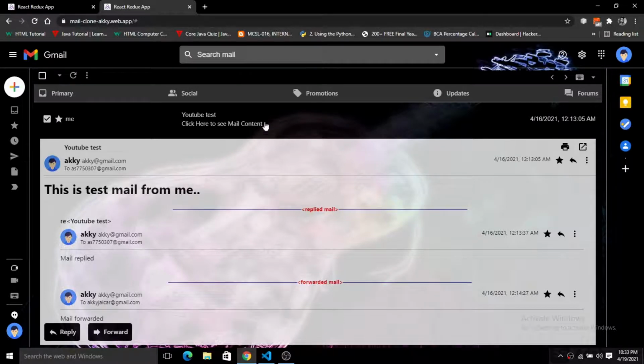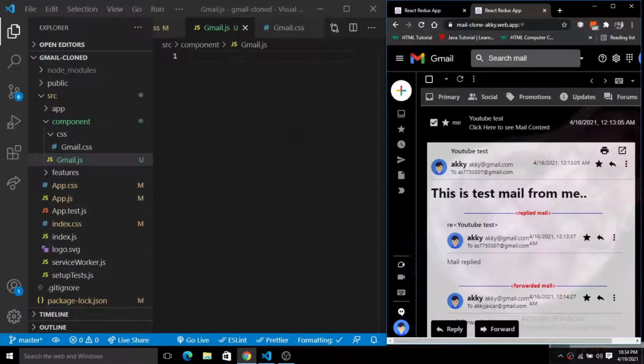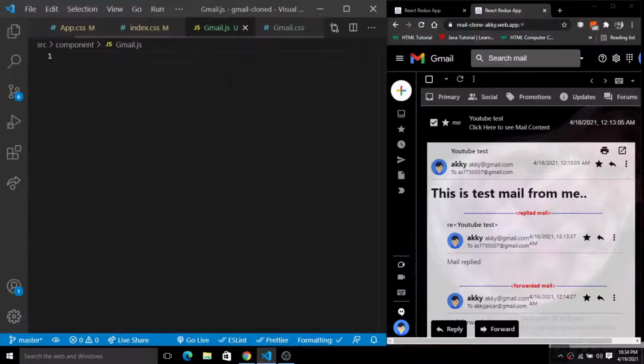So here we have these things. First of all I am going to create gmail.js, because it is the parent of everything, as you can see in the deployed version of the build. Inside of this Gmail clone app, we will first create a functional component, and for this functional component we will cover the React hooks, like useState, useEffect, useRef, everything there.